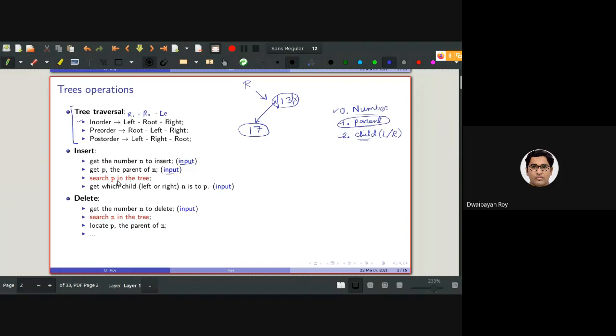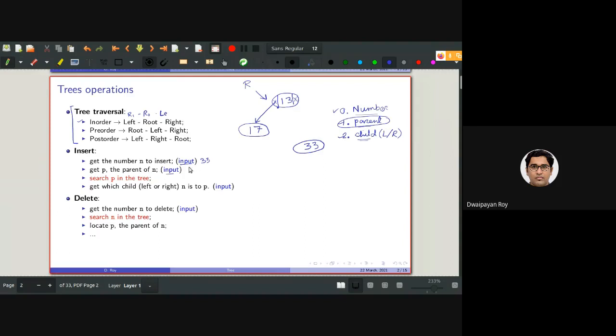Then I need to search for p, whether the parent actually exists in the tree or not. For example, if I want to add 33 in this tree containing 13 and 17, the first input is 33, and then I get the parent.